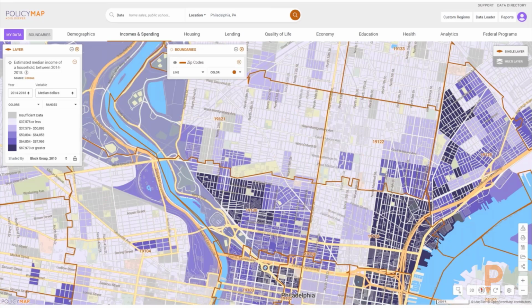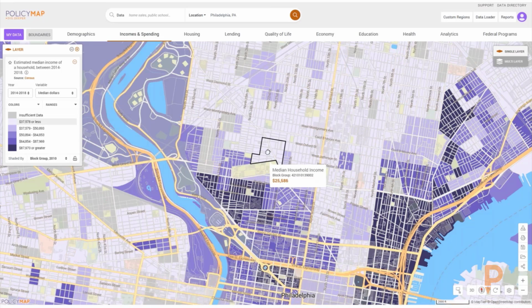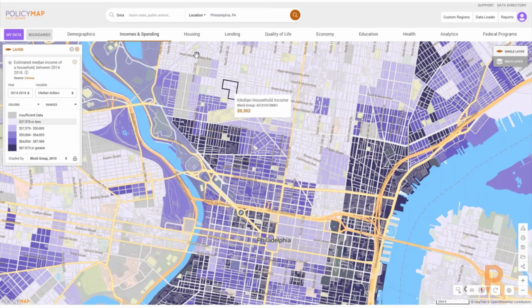So I'm going to take some of these things off and talk for a minute. The other thing I wanted to mention is that in addition to being able to search for data in these menus, you can also type in data. And I'm going to show you that when we go into multi-layer maps. But it's an easier way to find the data that you're looking for quickly without having to hunt and peck